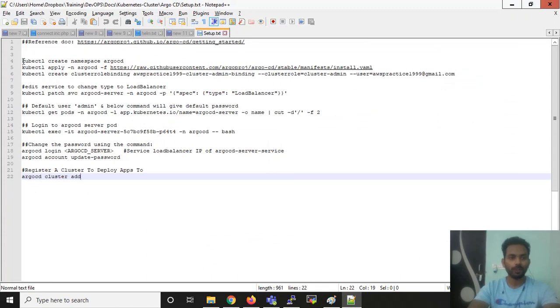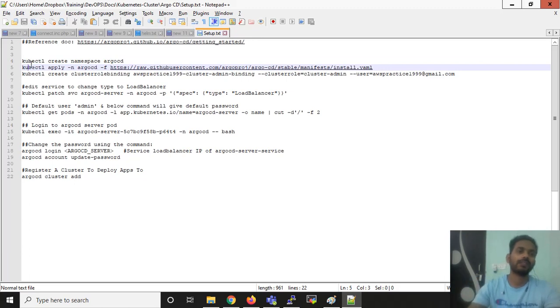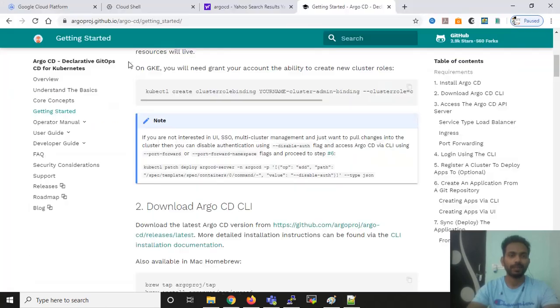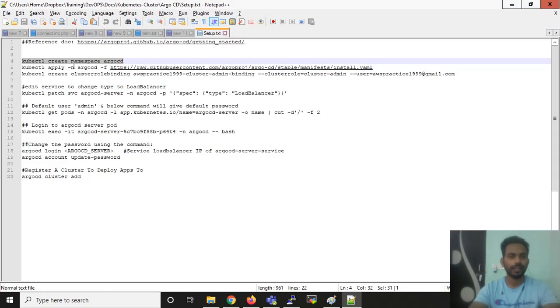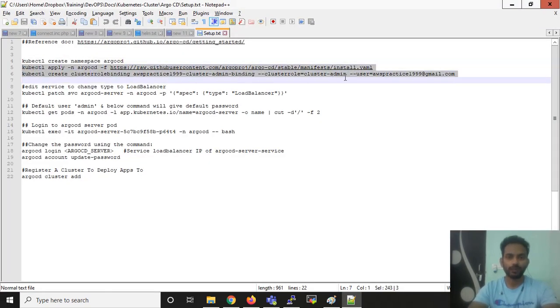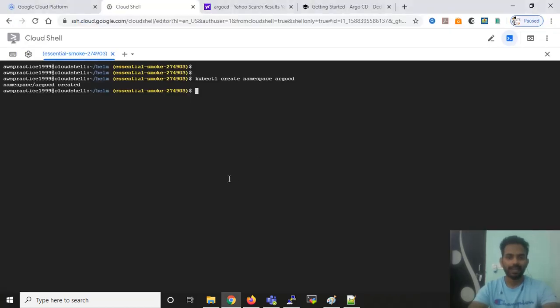So I'm going to follow this. I'm going to create a namespace here, which I will name argocd. Okay, this is done. Now I'm going to install the Argo CD declarative package.